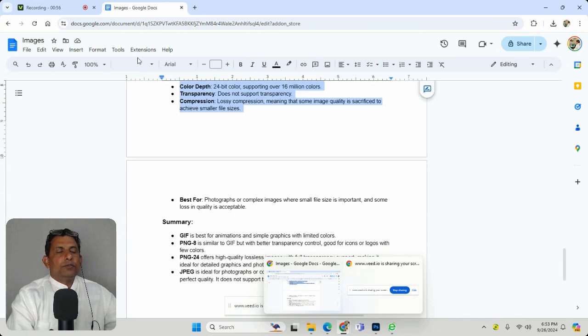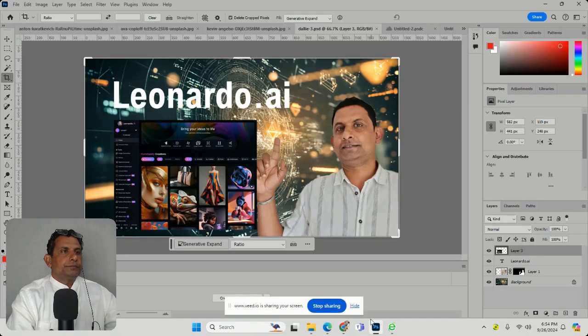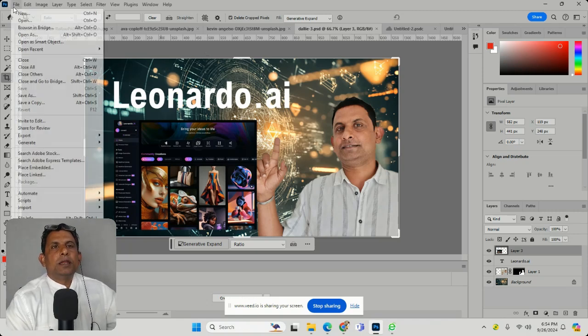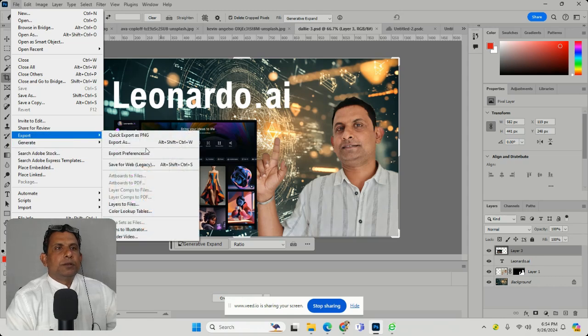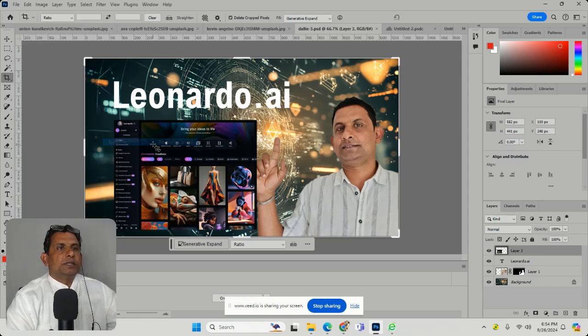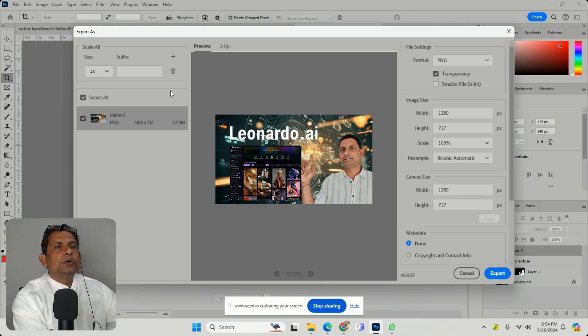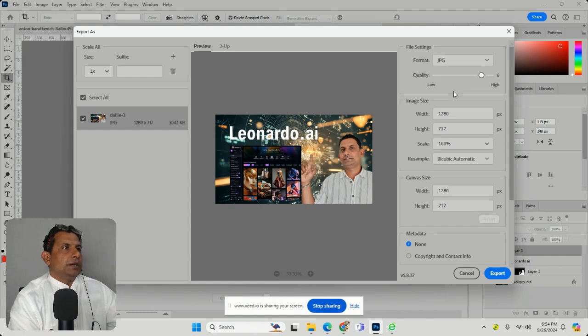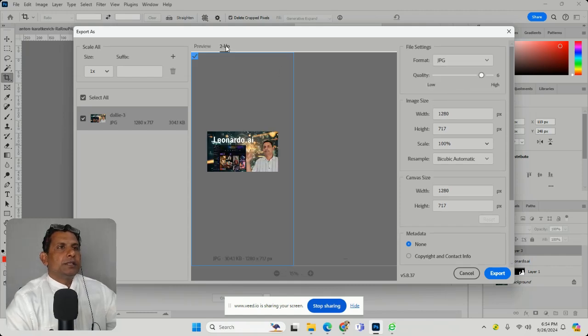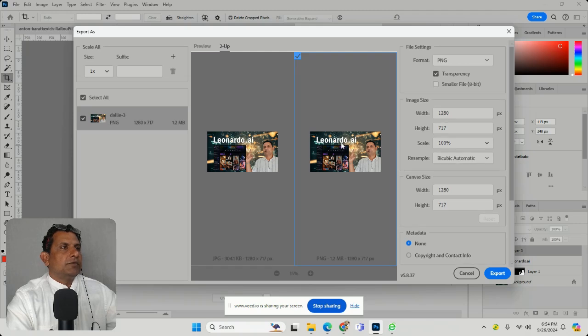So we'll go to Photoshop. So this is one image. This has a lot of photographs and everything. So you can go to File, Export, then Export As. You need to go here. You can select JPEG, and here you can take 1x and 2x. The second one, this is PNG. You can convert to JPG. Then you can reduce the size